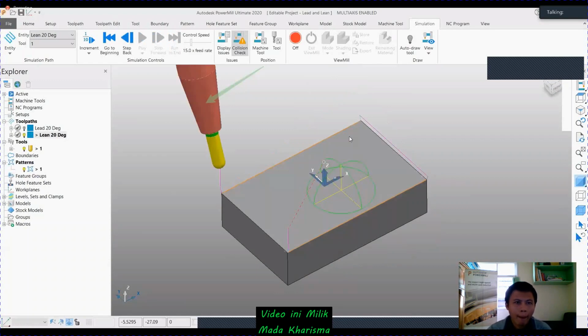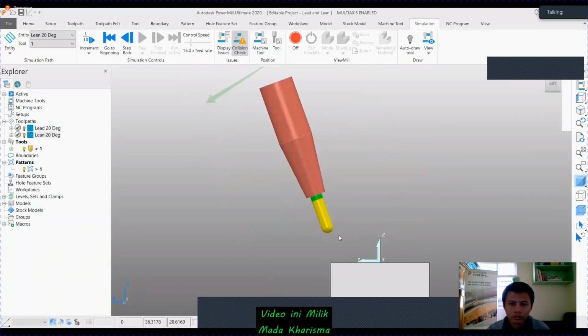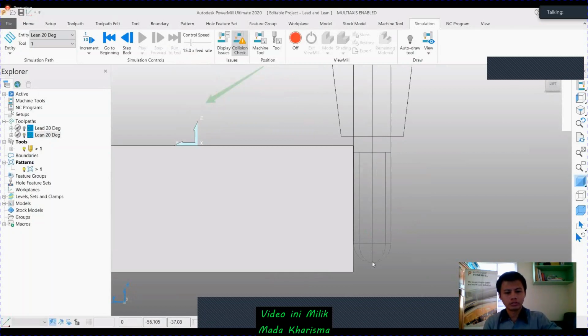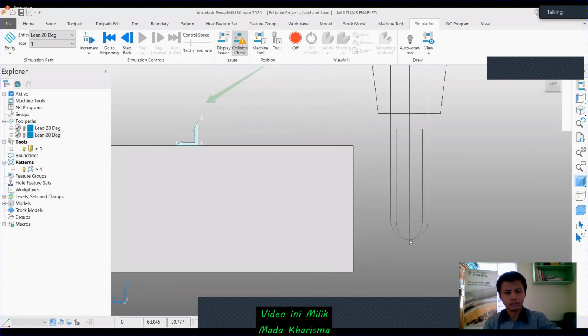For a simple example, if you go to the side view, I'm going to create a toolpath for machining one of the surfaces. If you look at the tool here, I just press Ctrl T to enable this.